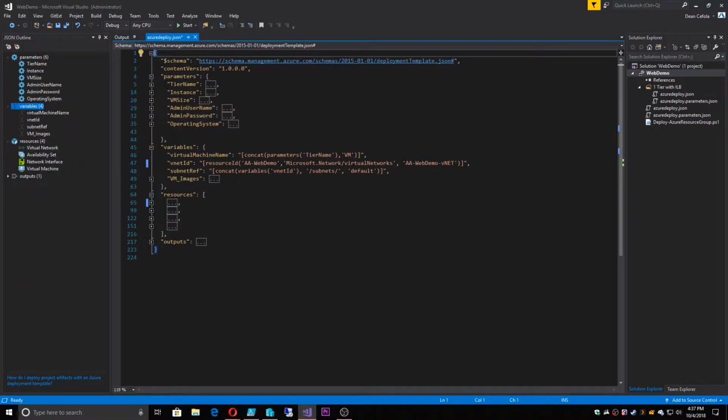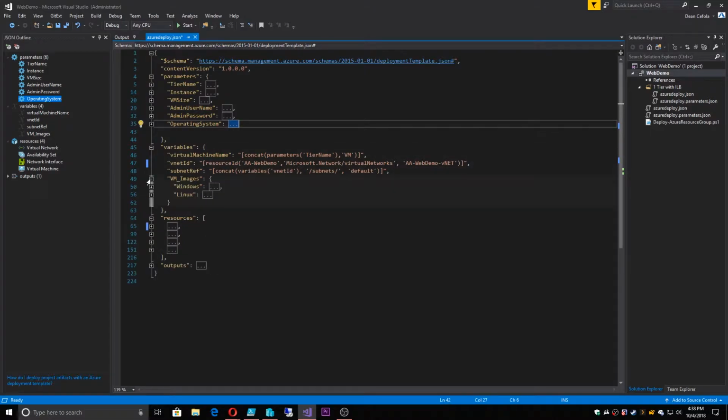And then our simplified parameters: we were calling out a tier name, which was web app or database, an instance count, which was 1 through 4 servers, specific sizes that we were allowing for our VMs, and either Windows or Linux. And then we were provisioning those resources with a specific name of our tier, web app or DB, and our VM name, and then a virtual network, and then one subnet reference with image references for Windows or Linux. So we didn't need more than this last time when we were proving out that all of this worked,